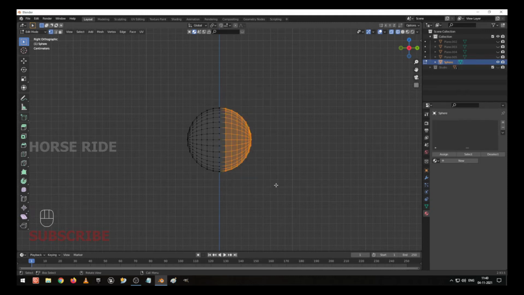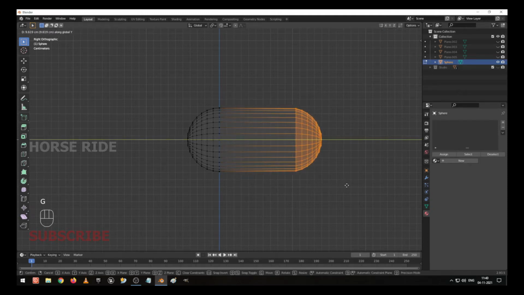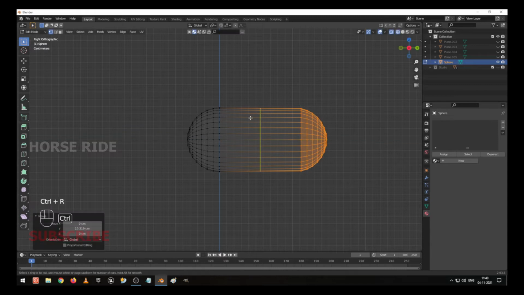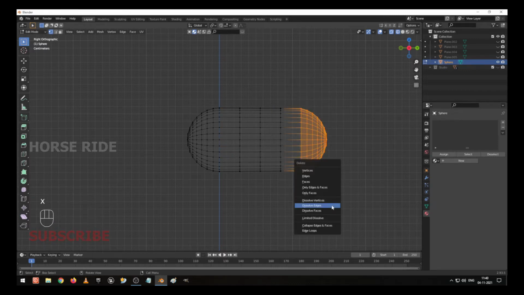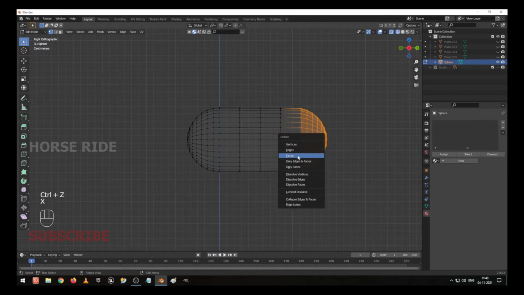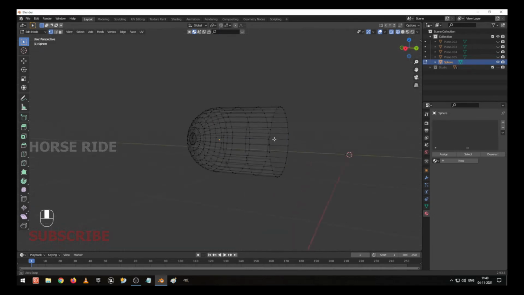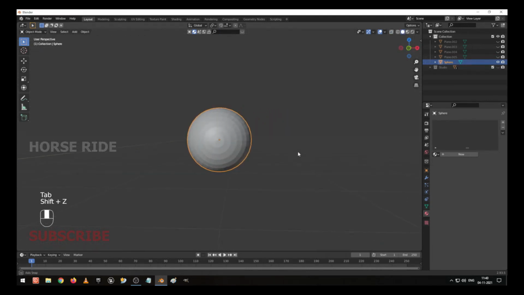I select this, GY to move like this, and I create 2 edge loops here, and I select these remaining vertices, X to delete the vertices. So now our object has been created, shade smooth. Now our light has been created.